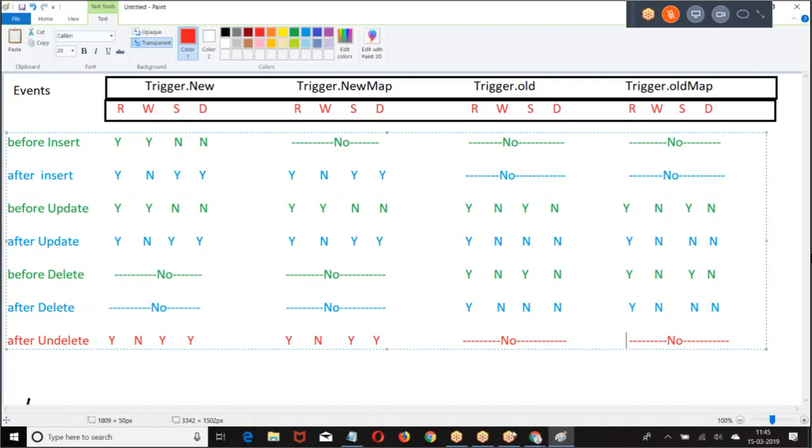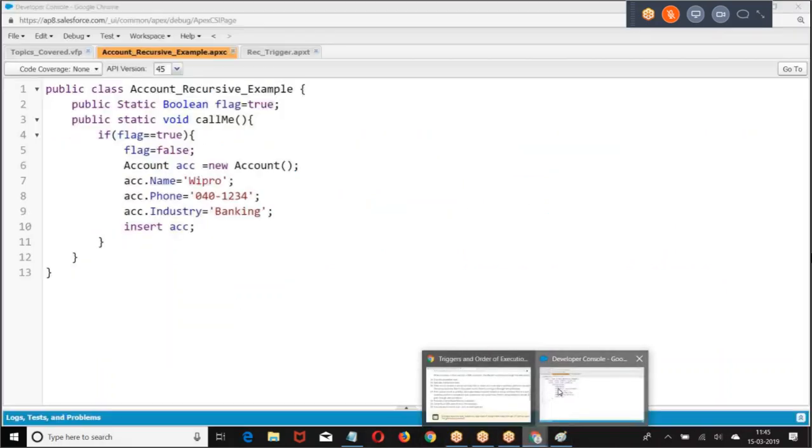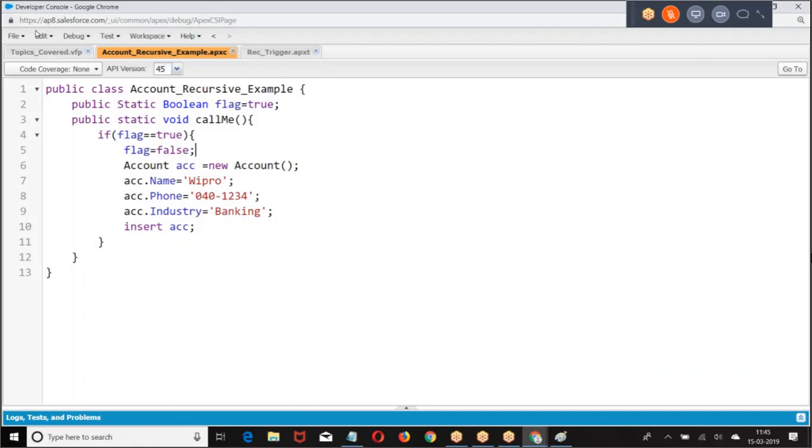Someone has asked me how we use custom settings with respect to triggers. Let me demonstrate one example for you. Now, I have a trigger.